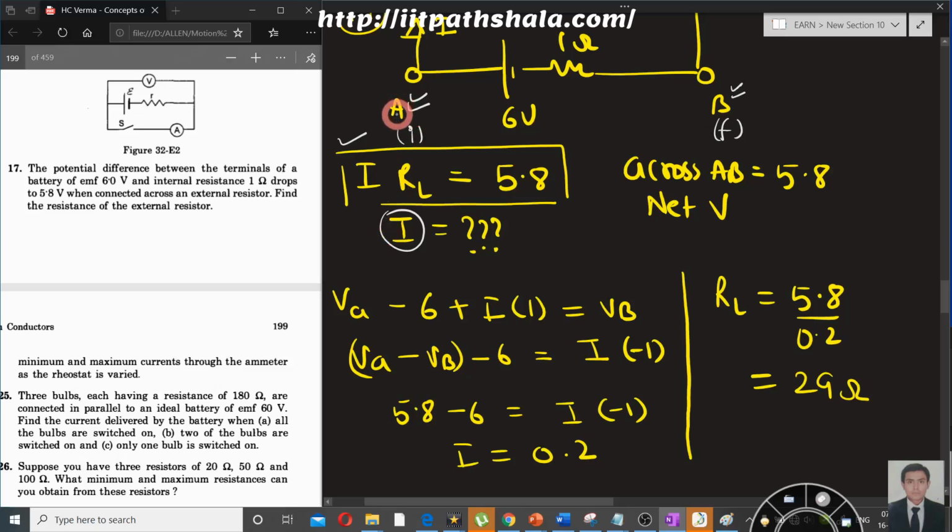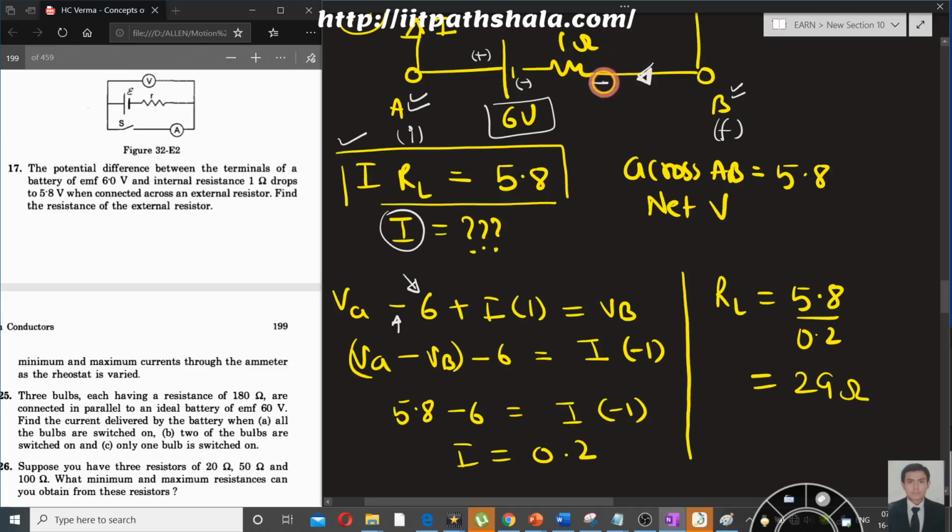So I've started from VA, then I'm going from the positive terminal of the battery to the negative terminal of the battery. So henceforth I can say that I'm going down the number line. So I will be multiplying -1 to my EMF of the battery, which is 6. Then I have multiplied a -1. So VA minus 6. Okay, then my current is coming from this direction to my battery.